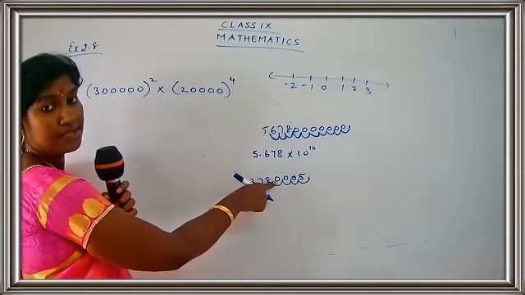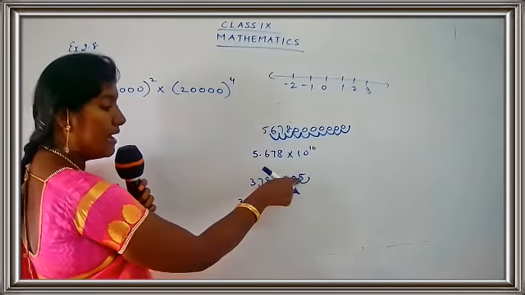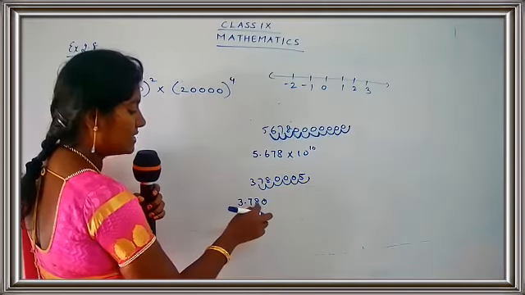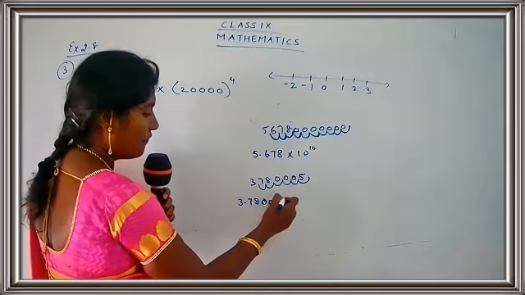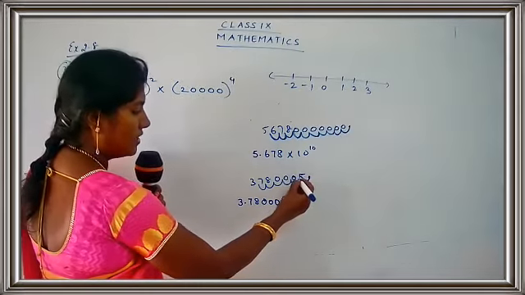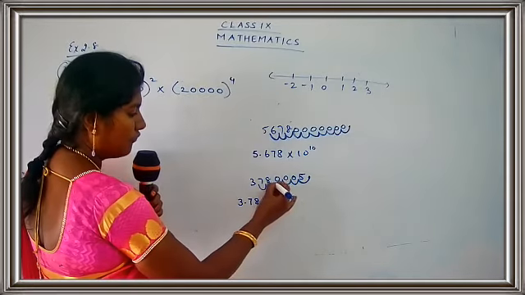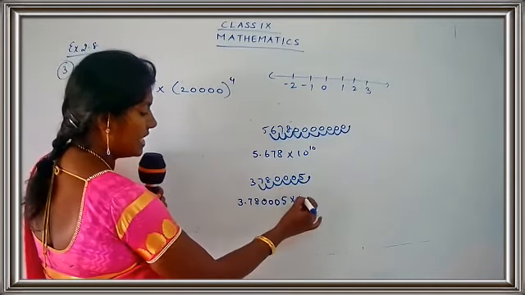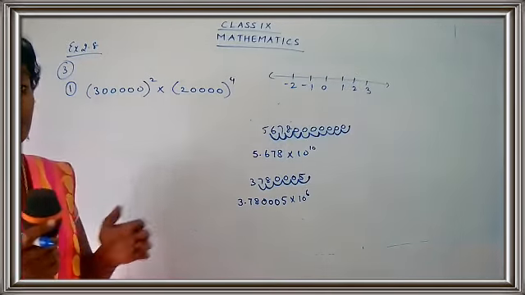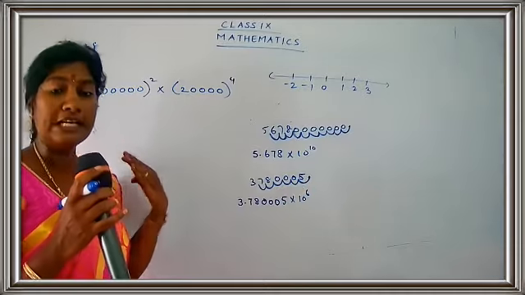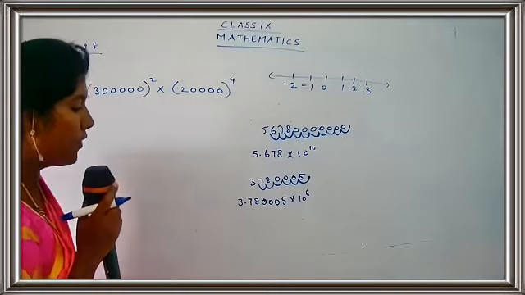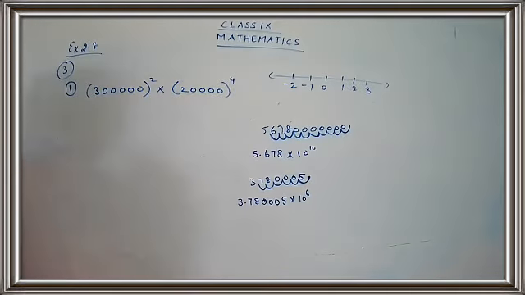I cannot skip these numbers because I have a number after 0. So the 0 has a value over here. So this will be 3.78005. And how many places we have shifted, children? It was 6. Yes, children? From here 1, 2, 3, 4, 5, 6. So it's 10 raised to 6. Why am I writing a positive power here? Because I have shifted the decimal to the left side. So if you are shifting the decimal to the left side, you have to take a positive power. So the answer is 3.780005 into 10 raised to 6.